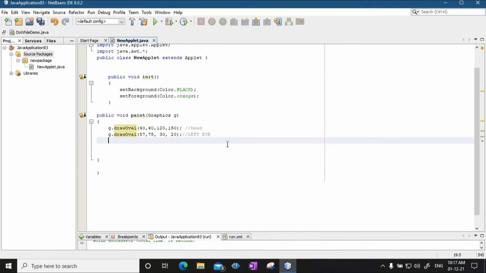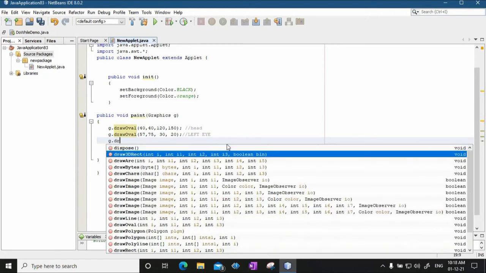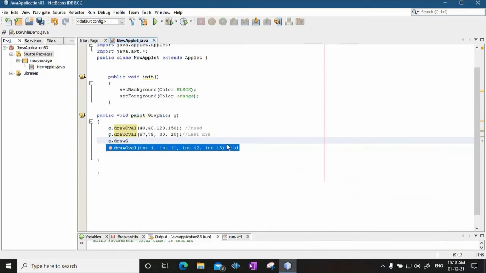So I will just say g.drawOval. Suppose this value is 110 because I want the right-hand side: 110, 75. Again, I am taking the same value 75 because both eyes should appear at the same level, so the y value of both should be 75.